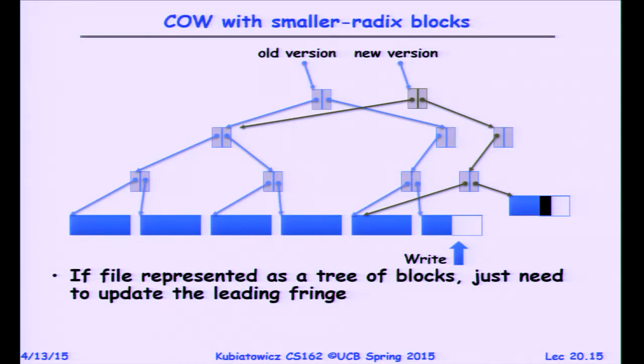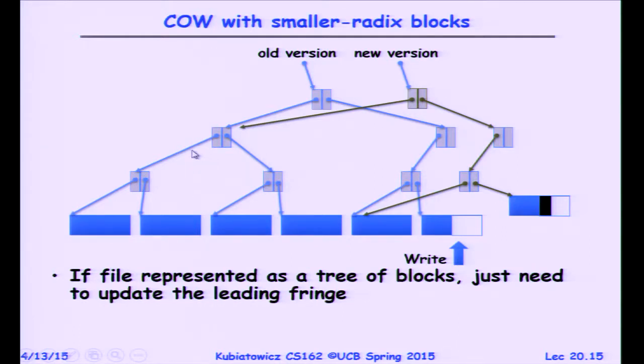Isn't that nice, right? So that would mean that, as I'm writing, I might decide that I really wanted the version that was three versions ago, and I can just go back to it because it's still on the file system. So this is like the file system equivalent of Git, now that you guys are very comfortable with Git. In fact, if we go even further, we could say that once a block is written, we could make sure the block is never rewritten. So we could make all blocks read-only for all time. Now, of course, at some point, you're going to start running out of space, so you're going to want to